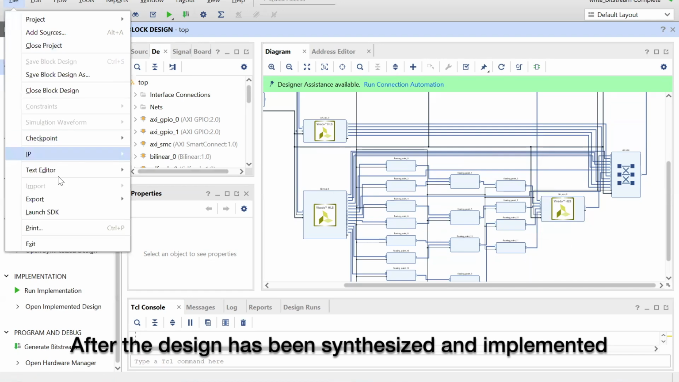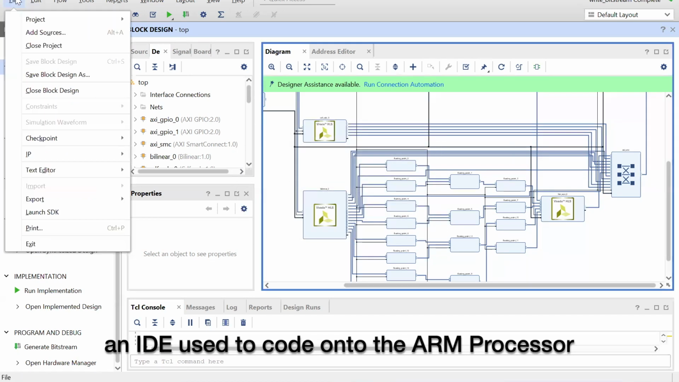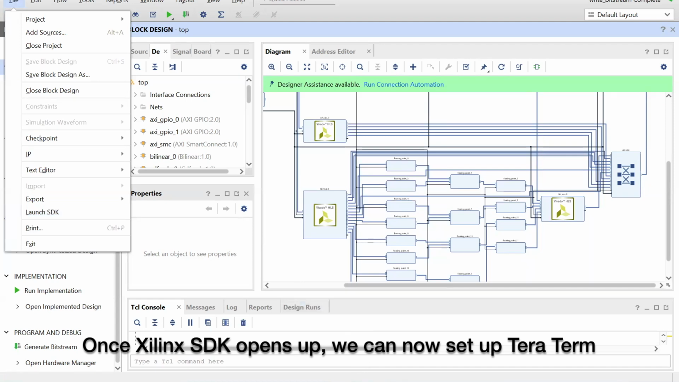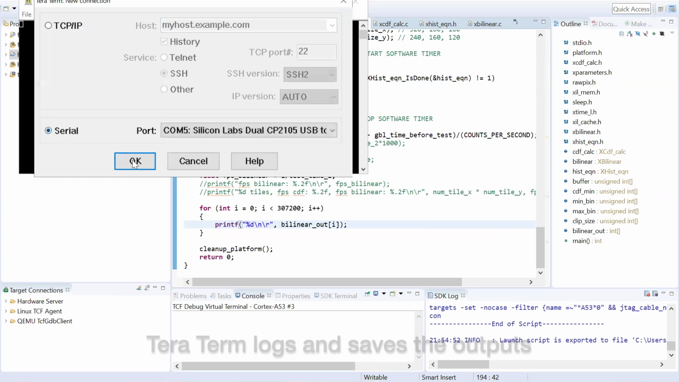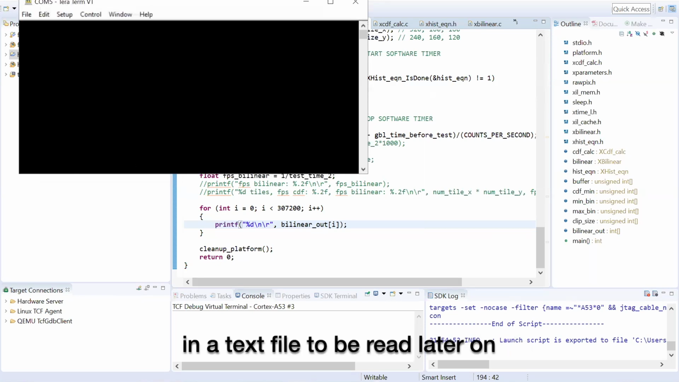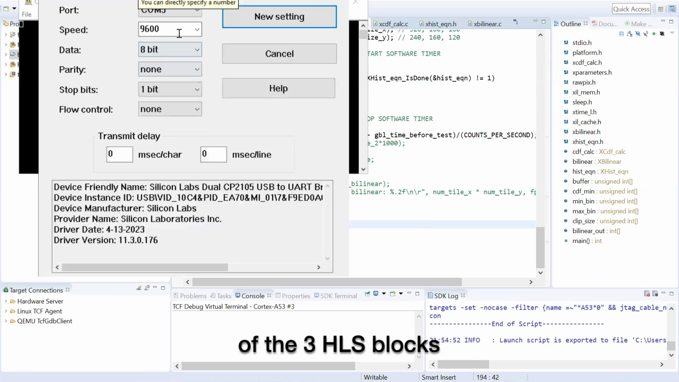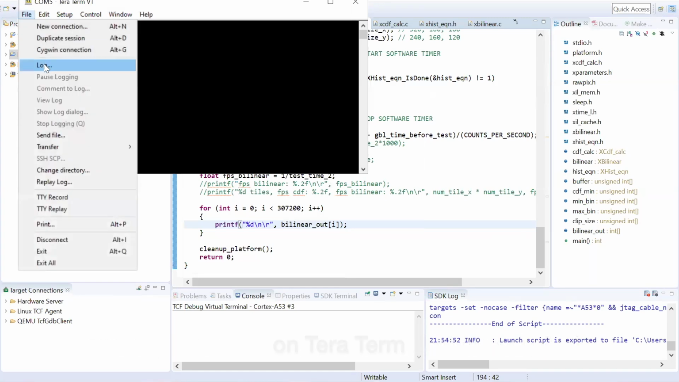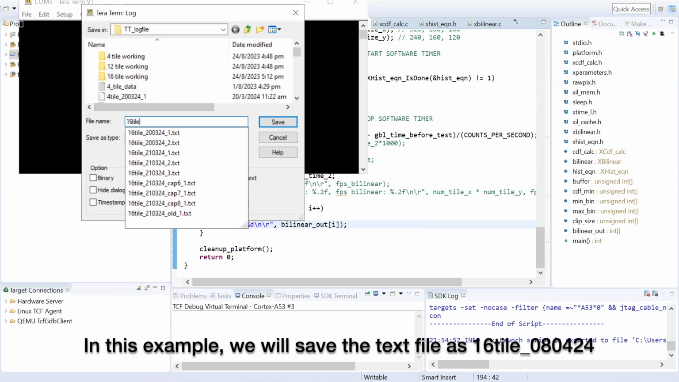After the design has been synthesized and implemented, the bitstream is exported to Xilinx SDK, an IDE used to code onto the ARM processor. Once Xilinx SDK opens up, we can now set up Teraterm. Teraterm logs and saves the outputs in a text file to be read later on. The code initializes and starts the operations of the three HLS blocks and outputs all the values of the enhanced pixels on Teraterm. In this example, we will save the text file as